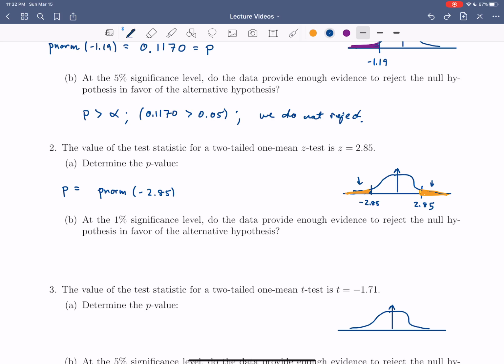So the easier area to find is the one over on the left, because we're always talking about cumulative probabilities with the p-norm function. And so if we want the p-value, we can just take that value that we found of the cumulative probability up to negative 2.85, and multiply by 2. Okay, so if you type 2 times p-norm of negative 2.85, and I'll type that into R, we end up with a p-value that is